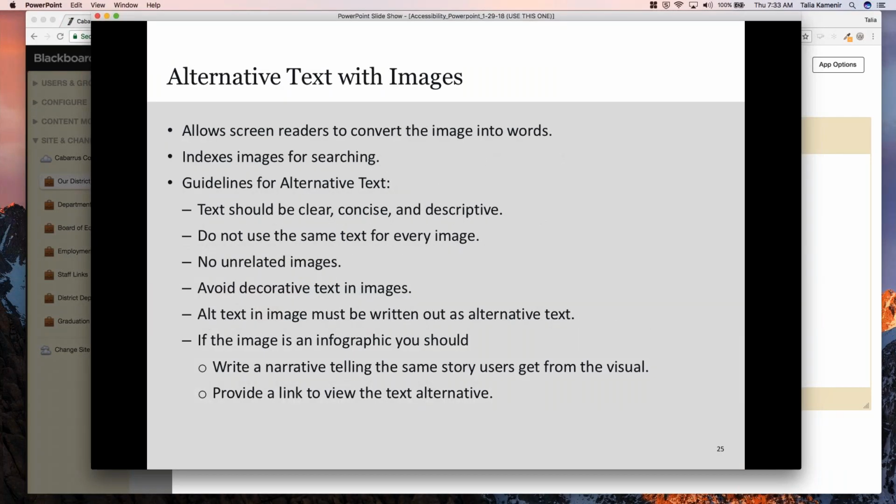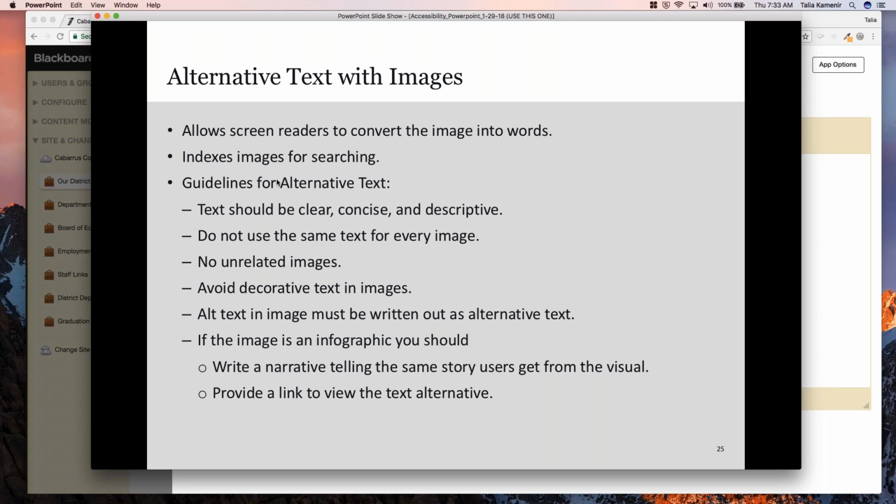All right. So the next lesson is on images, guys. So here's the deal with alternative text and images. As we mentioned earlier, an image is basically considered null and void unless it has alternative text. The good news is that 9 out of 10 of your apps will require it. And so you can't really pass go without using it anyway. But also, alternative text will index your images for searching, all right, meaning that it will add to the metadata